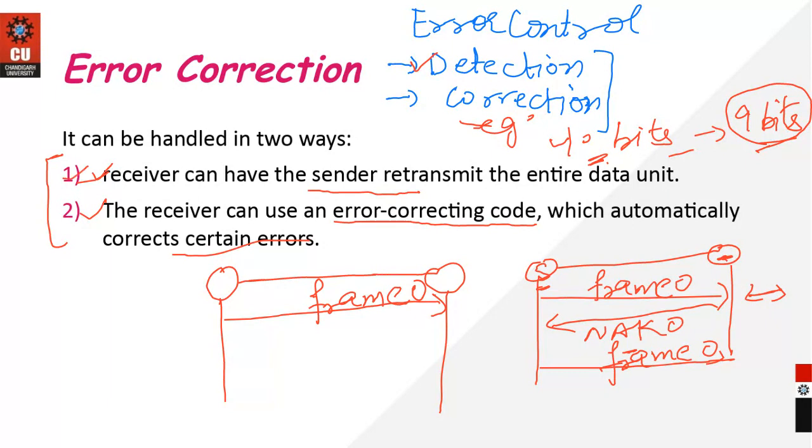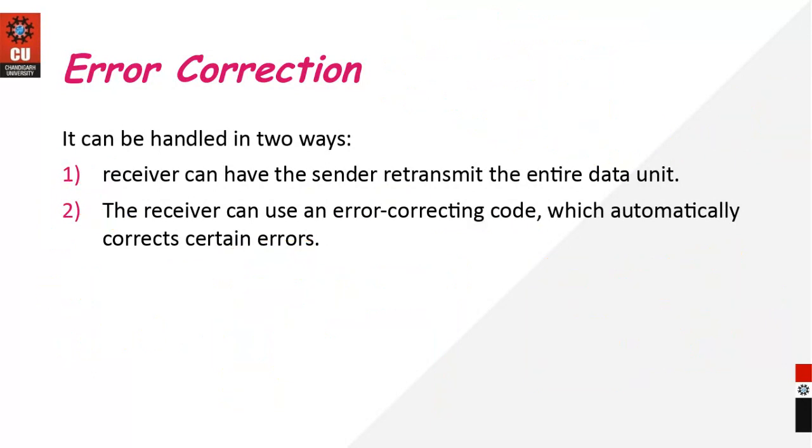In that case you can always go in for the ARQ mechanism. You can send NAK to the sender, and in return the frame will be received again by you. But in the same example, 10 bits are sent and just one bit is corrupted. Which method is better for you then? For sure it can be your second method, right? Because you need not focus much on how you correct that error. So depending upon the scenario, the kind of environment you are in or the kind of data you have received, you can choose any one of the methods.